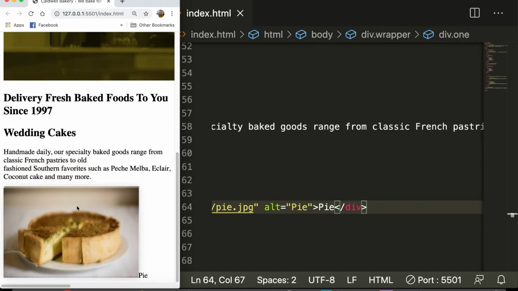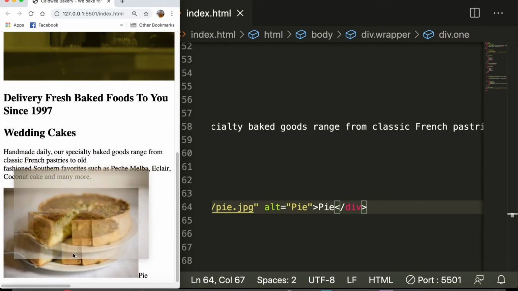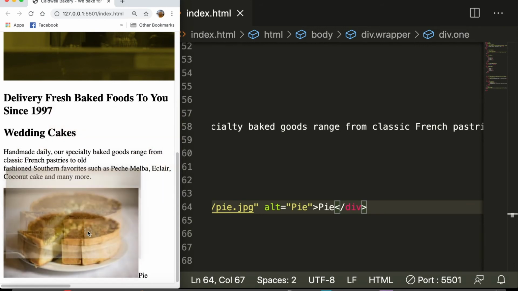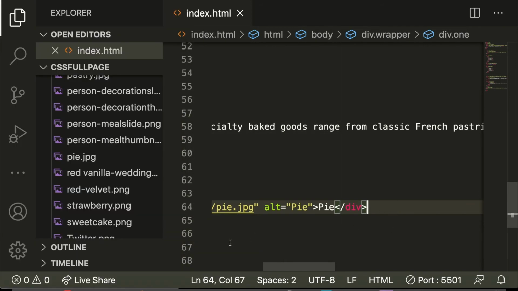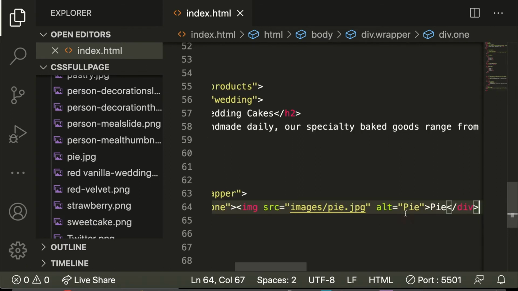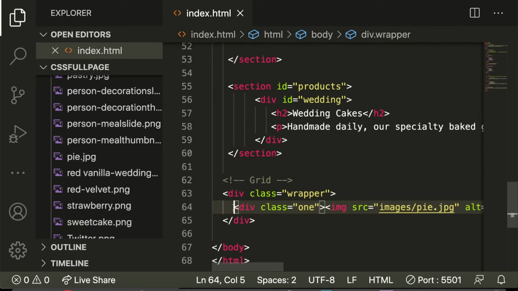Nice. You see, we got a pie. Nice pie. I mean, tasty. Then you will be doing this for a lot of images. We need at least, I think it's about 1, 2, 3, 4, 5, 6. So I'll copy from here all those that we need. So copy and